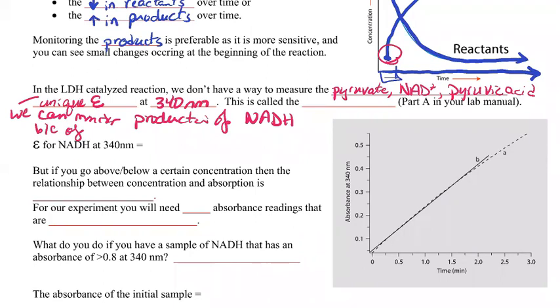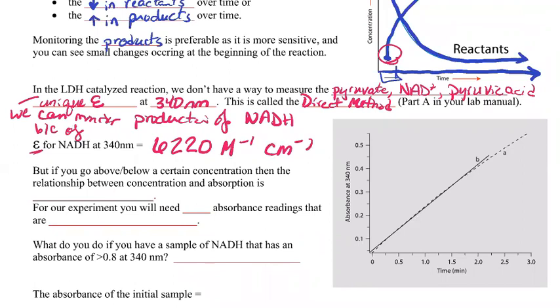And so we call this the direct method in protein quantification. If you want to know the amount of protein that you have, this is the direct method. We take the absorbance, we know the extinction coefficient at that wavelength, and we convert it directly to concentration. So what do you need to know? You need to know the extinction coefficient for NADH, because that's what you're going to be quantifying. So at 340 nanometers, that extinction coefficient is 6,220